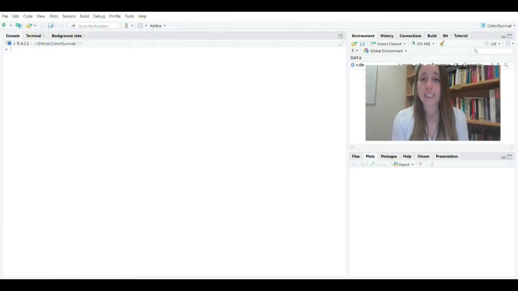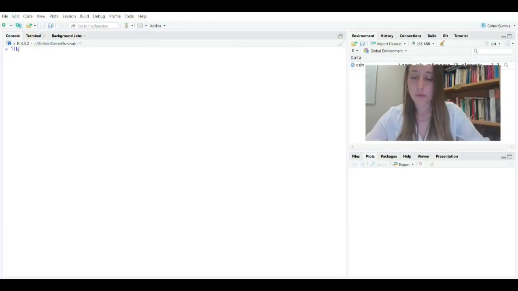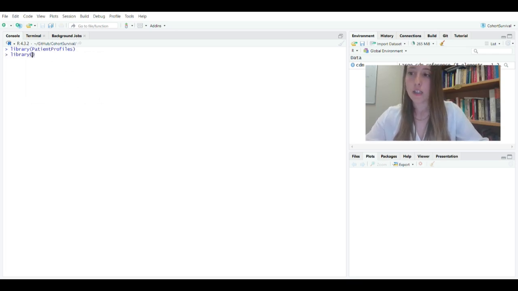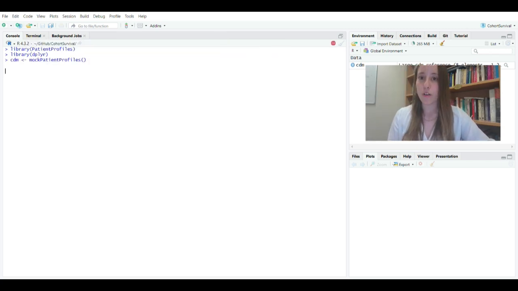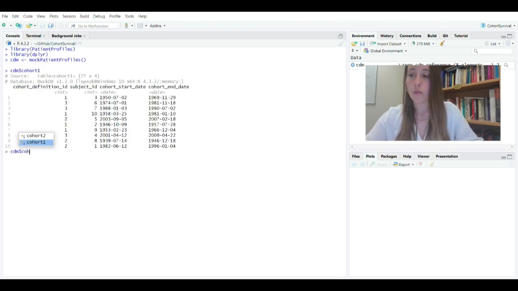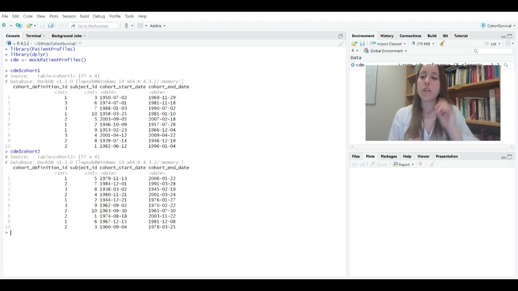We will start by loading the same libraries that we needed for the first video. So that is patient profiles and dplyr. And we will also create a CDM object using the mock dataset inbuilt in patient profiles. This time, however, we will use both cohort 1 and cohort 2. And as we can see now, these two cohorts have 10 individuals separated into 3 cohort definition IDs. Today we will tackle the intersection functions, and we'll start with